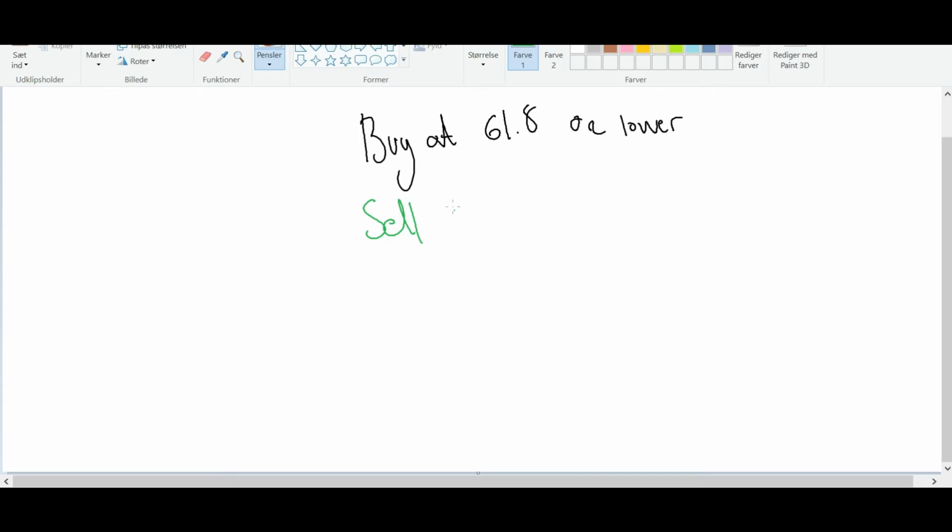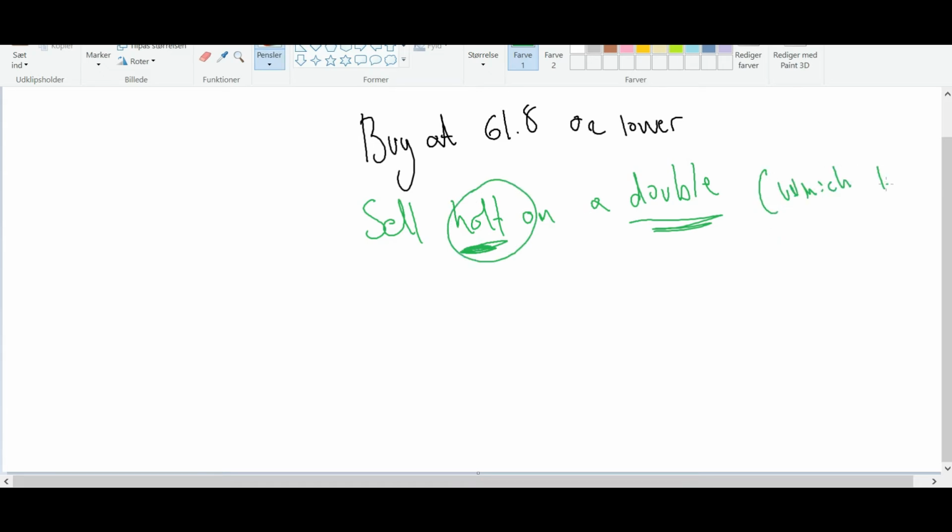Cool. So we sell half on a double. Okay. So we sell every single time we make a double, we sell half, which leaves us at square zero. Right. So this is where we started. We always come back to where we started. We sell half on a double, and then we sell half on a double, and we just continue it. We actually buy here, sell half on a double, and then let's say this one,